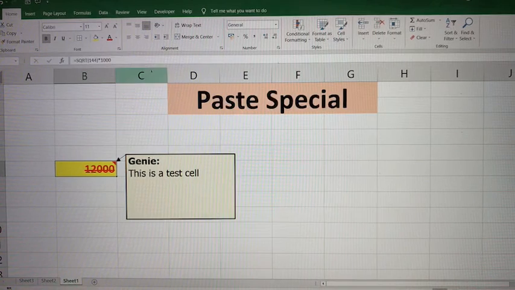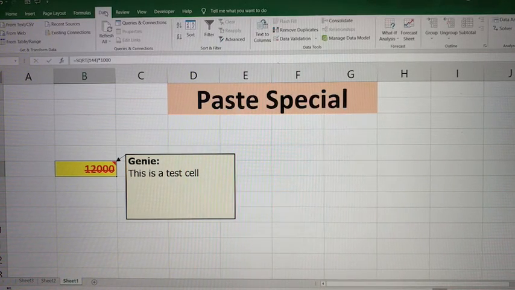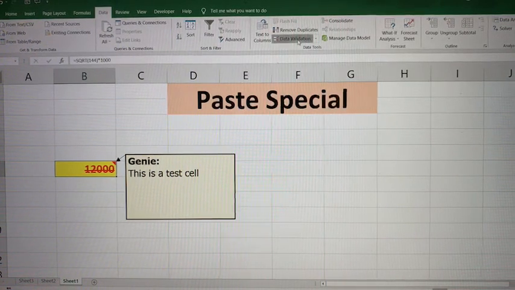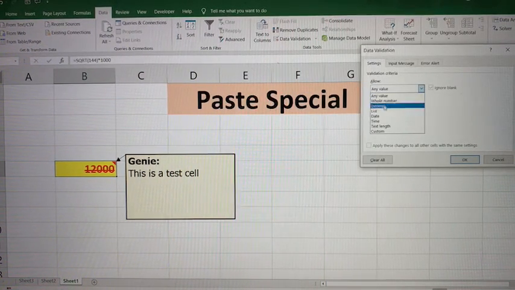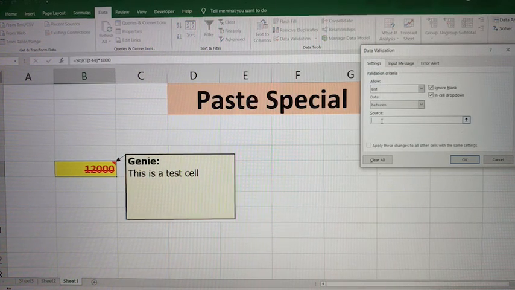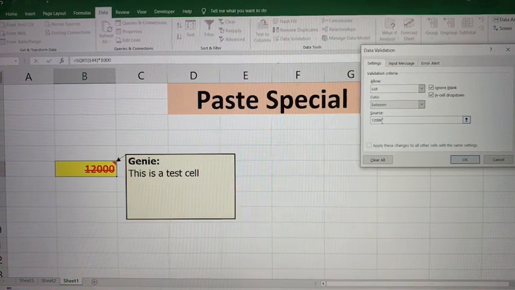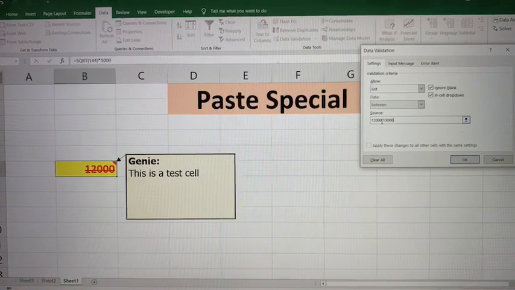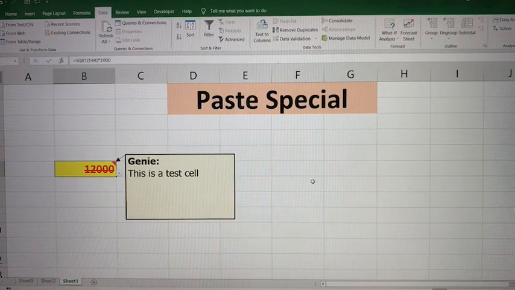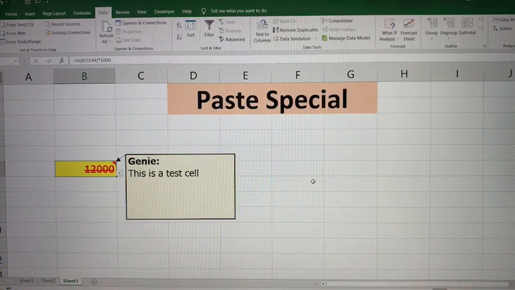And finally, let's put some data validation. I covered the data validation last time, so I hope you guys remember it. In data validation, let's say I put a simple list. The list only contains two values, 12,000 and 13,000. This is just a test validation that I am creating. So we have a total of 5-6 things now that we have put in a cell which can be copied and which can be pasted either together or separately also.